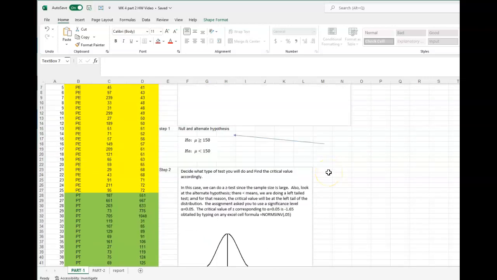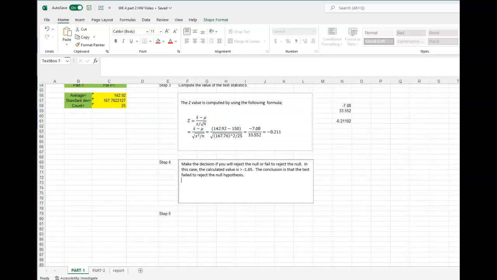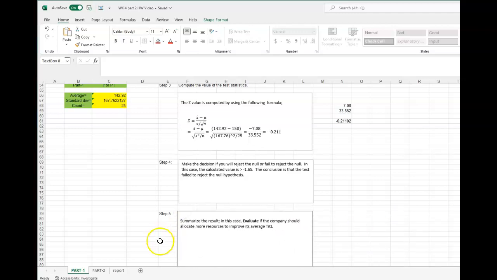In other words, you're going to assume null is true. If that is the case, then in step 5, you're going to summarize what you need to do, that is, what action the company should take. A simple 3-4 line paragraph: what action the company should take and why. Okay? Now, going to part 2,